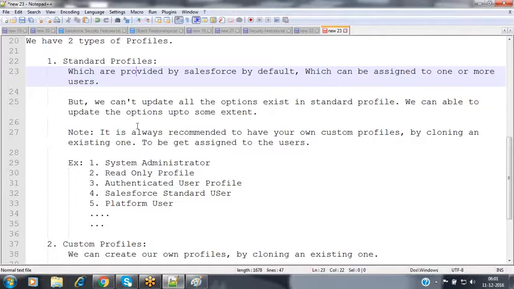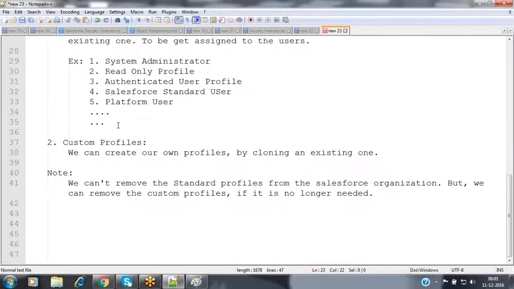So for that, we can go with custom profiles by cloning an existing one. Upon creating a custom profile, we have to select an existing profile to clone, and then you can create a clone copy. In that clone copy, we can make whatever changes you want, grant whatever permissions you want, and restrict whatever applications you want. Everything we can configure inside your custom profile.